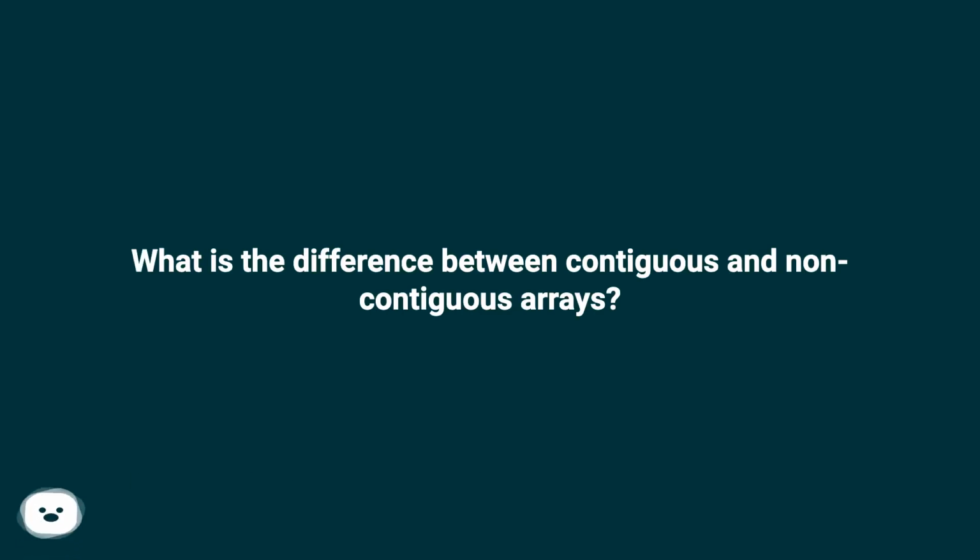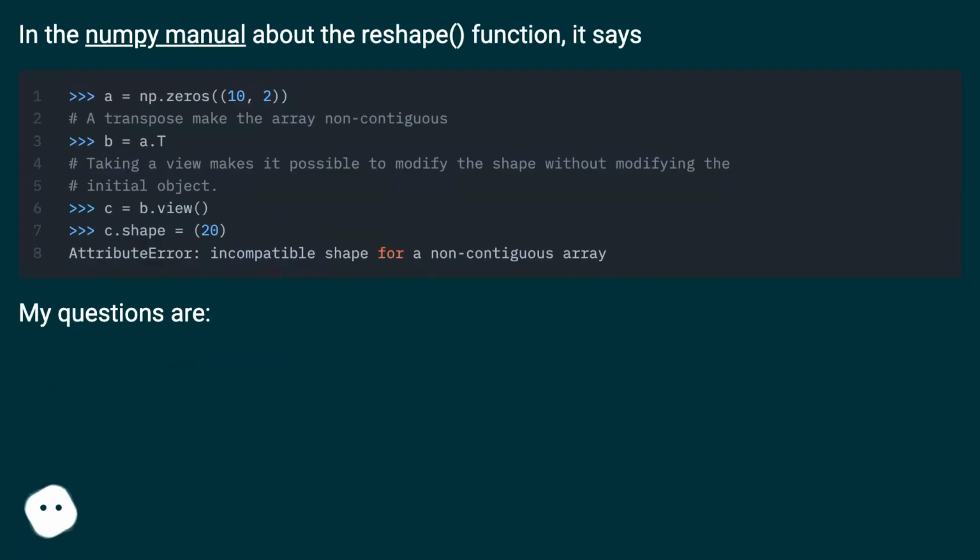What is the difference between contiguous and non-contiguous arrays? In the numpy manual about the reshape function, it says... my questions are: